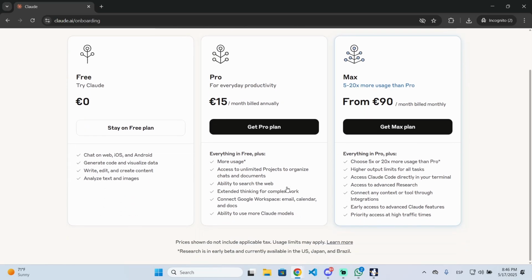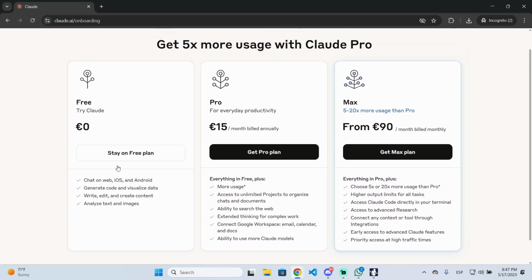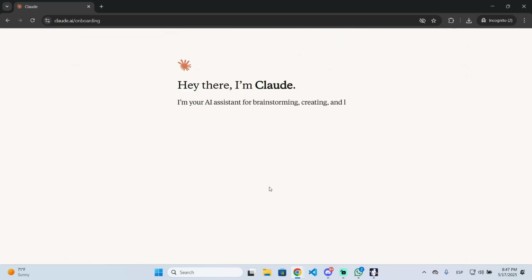So in my personal account, I have the Pro plan because it will give you a lot of advantages. Like in the free version, there are some limits, like you can only use a few prompts, and if you want to pay, then you can use it more and you will unlock new features like the ability to use the web to connect your Google Workspace and much more. But if you want to use it for free just to try it, you can click right here